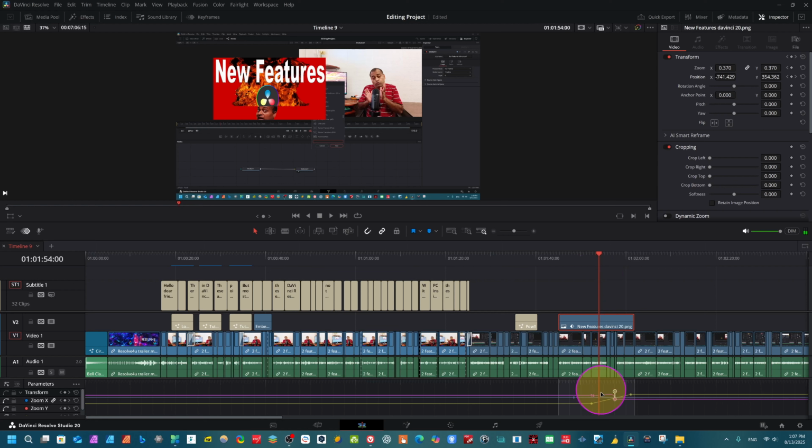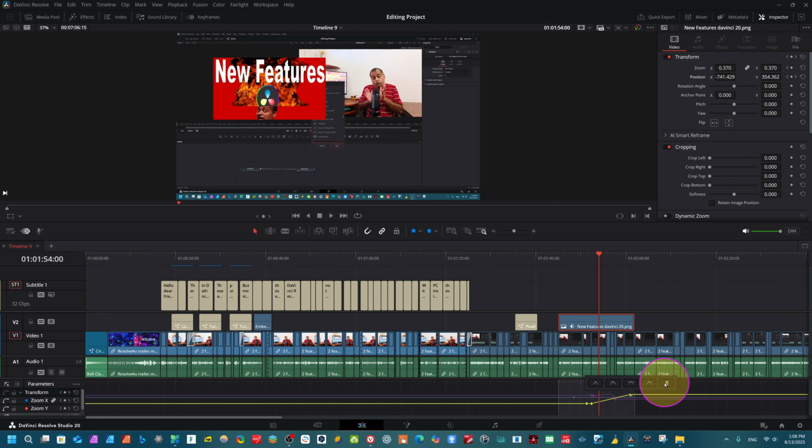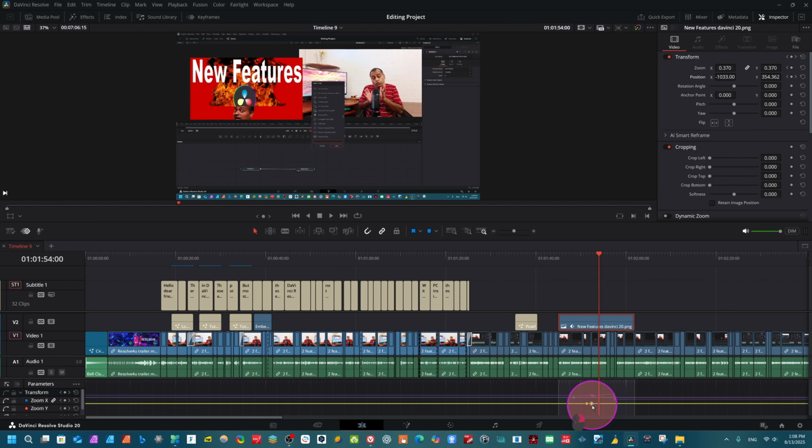If I want to change something on this point, just right click here. Once you right click, you have handles here. I want to add 2 handles, so just click here. Now we have 2 handles. You can see we can change the position here. This is our X and Y, and you can see the zoom and position here. Click Alt on your keyboard and you can see these handles here. Now we can change like this, anytime. And if you want to delete, just click here and it will be deleted. You can directly delete from here very easily.